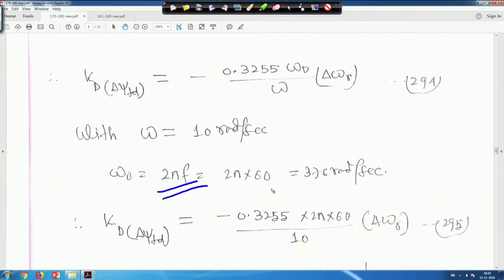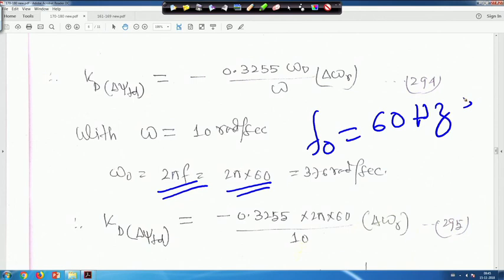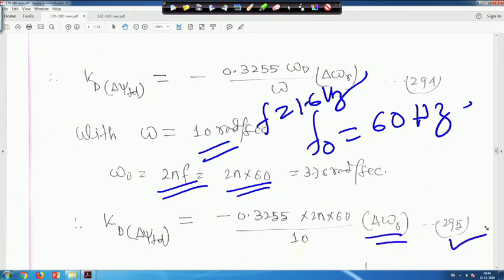So, omega 0 is actually 2 pi into 60, because we have taken the nominal frequency f 0 equal to 60 hertz, and for the rotor oscillation frequency we have taken omega equal to 10 radian per second, that means approximately 1.6 hertz, right. So, in that case Kd delta psi FD will be minus 0.3255 into 2 pi into 60 upon 10 delta omega r, this is equation 295,